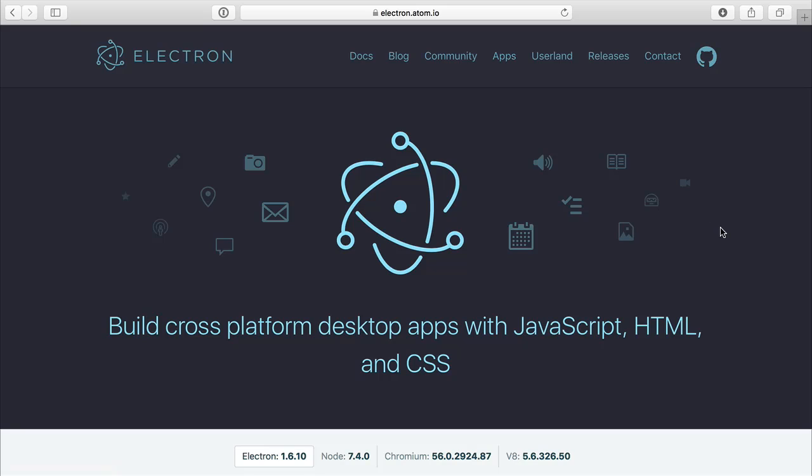So Electron is going to help us build desktop applications using web technologies. And you can see here they've got JavaScript, HTML, and CSS. So if you're not familiar with desktop technology to build those kinds of applications, you can use what you already know from web technology to create these. And if we go into the docs,